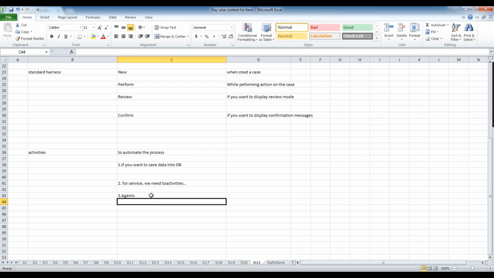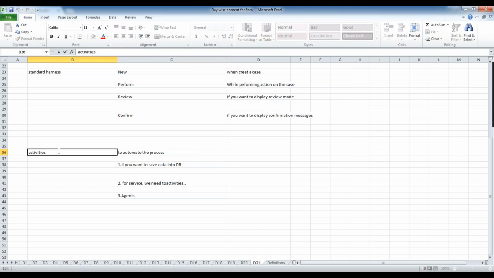Subhash, one more question I have. Can DML statements not be performed using the integration objects? We have integration rules, right? Using integration rules, we can connect with the DB and perform whatever operations we want. There also, even if you go for integration, internally you should write the logic, and the logic you write in the activities only.